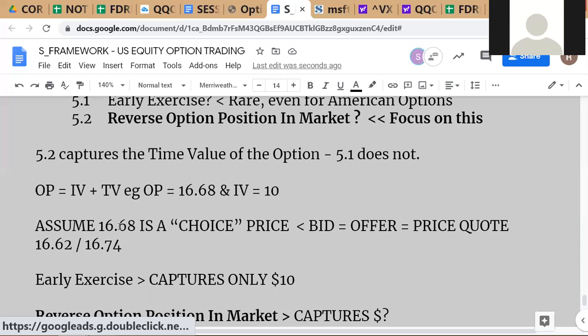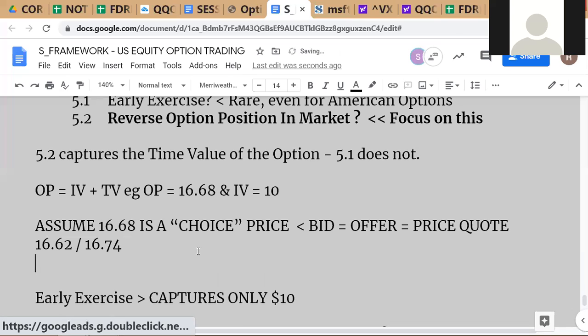Remember in the past, Siddharth has talked about narrow bid offer spreads as an indication of a liquid market. Now this is the extreme case of a narrow bid offer spread. There is no bid offer. The bid offer spread is zero. That's called a choice price. When a market maker quotes you this price, that's where, for instance, ethics and professionalism come in. So let me write this here, since you should know this also. Ethics and professionalism